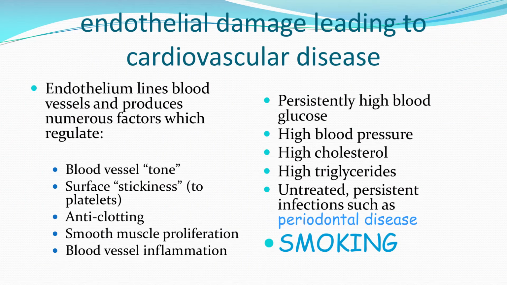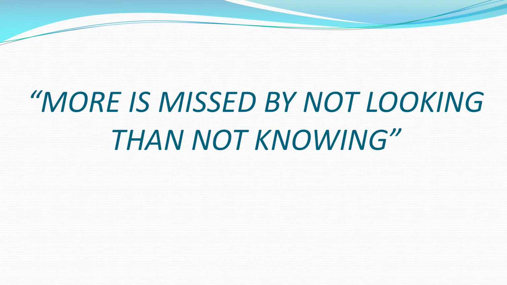So the issue of endothelial damage, with Jorg's going through this, and so persistently high blood glucose, high blood pressure, high cholesterol, periodontal disease and smoking are all the contributors. Now, we're not looking at our young people's mouths, so we're not really too sure what state they're in. And when we were trying to advocate for podiatry, when I was working at Monash, it was thought that podiatry was a bit of overkill in this age group.